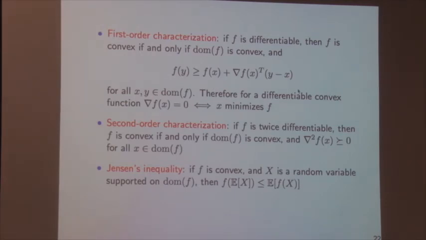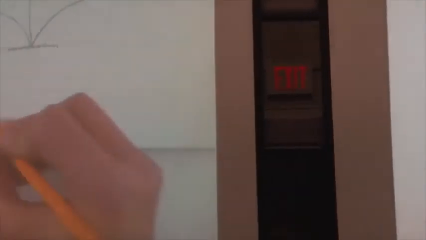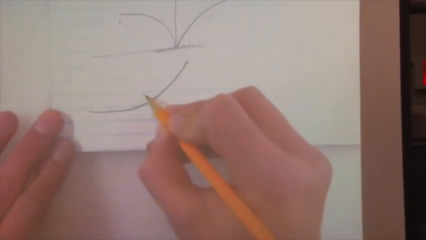Okay, so just to draw a picture, right? Convex function, here's x, here's the tangent line. The function has to lie above its tangent line everywhere. The tangent line is defined by this over all points y. So therefore, we can immediately see that if you have a differentiable convex function and its gradient is 0 at